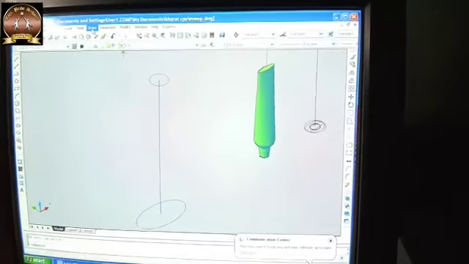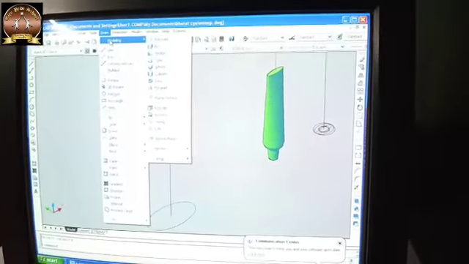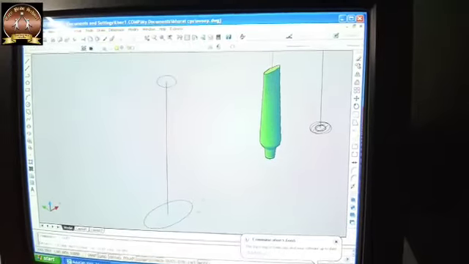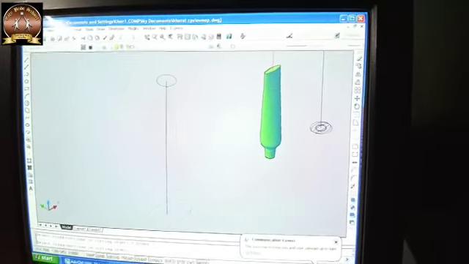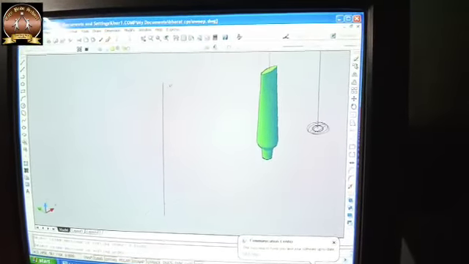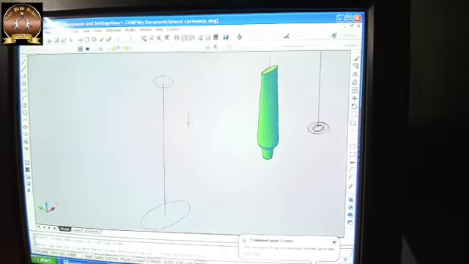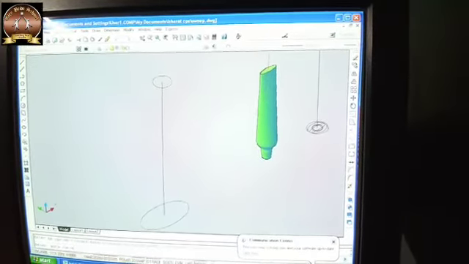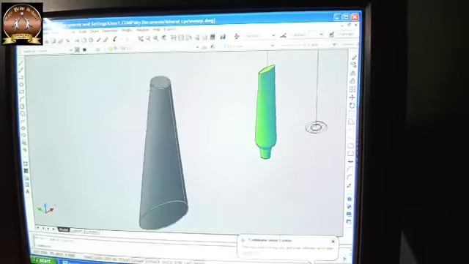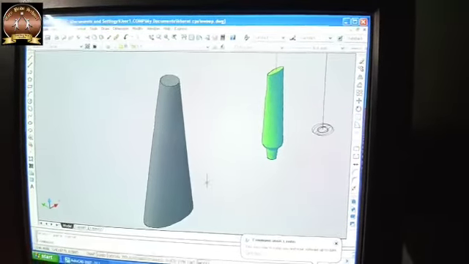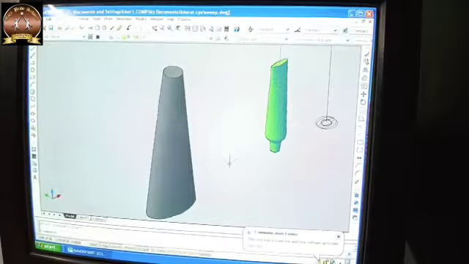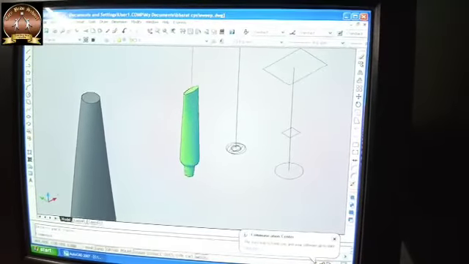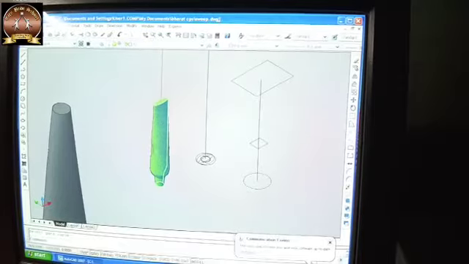So what I am going to do: go to modeling, select the loft. Loft, click first section, click another section and press enter. And you can specify P for path and click here. So you will have a direct connection. But this type of structure, which looks like a Colgate-type tube, is a very complicated structure.